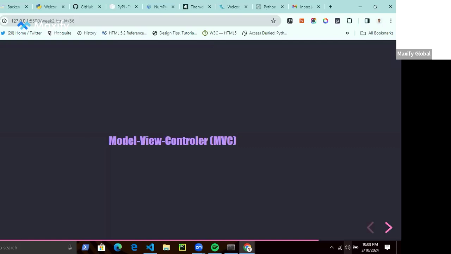Then the controller is your business logic, the functions, methods, and classes you have, the programming statements on your server that actually intercept requests. Sometimes the controller makes requests to the database to get information and then sends it to the view for presentation, right? So essentially, that's what the MVC pattern stands for.